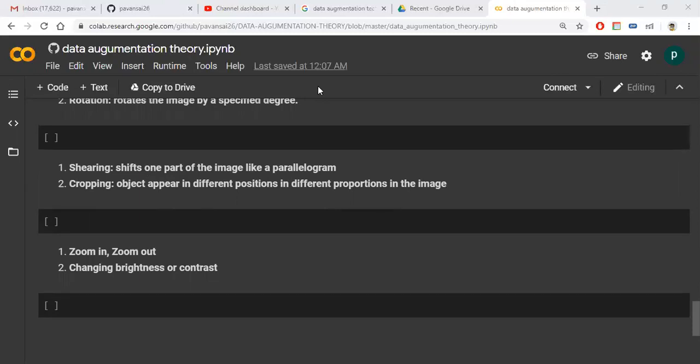This is a very powerful technique because preparing a dataset for object detection or object classification takes more time. If we are doing object detection, it takes more time because we need to annotate the data, for bounding boxes and other things. If we prepare a small dataset and do augmentation, it takes less time and we can get good results within a short span. So this is all about image data augmentation.